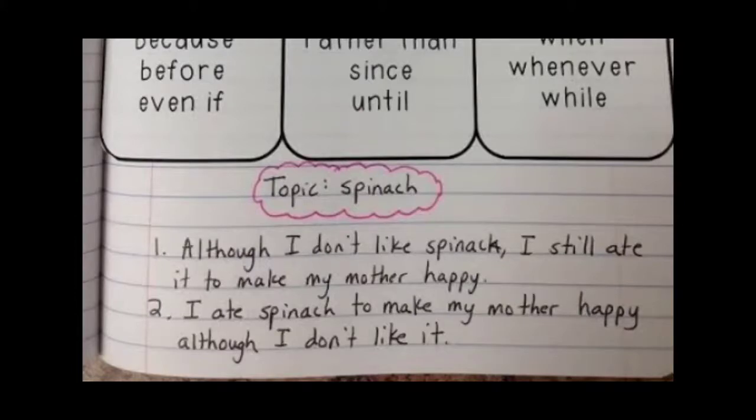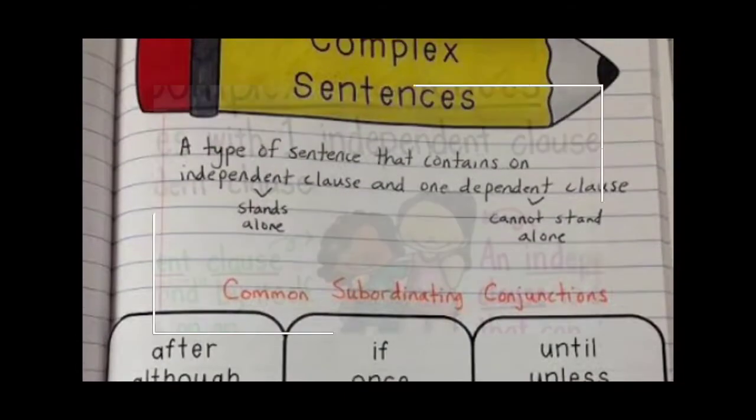So here in the first sentence we are using a comma, but in the second sentence we are not using the comma. Why? Because we are just bringing the dependent clause along with the subordinating conjunction. So when you start with the subordinating conjunction, you must use a comma. When you start with the independent clause, that is the main clause, we need not use a comma. So this is the complex sentence, children.